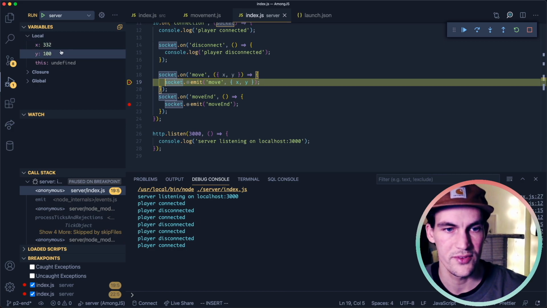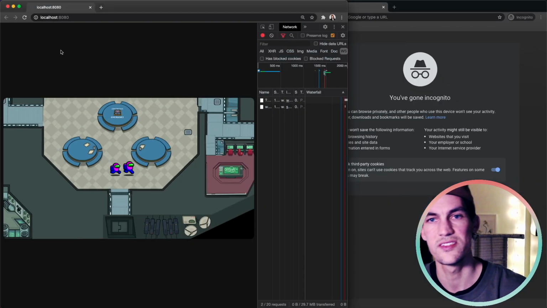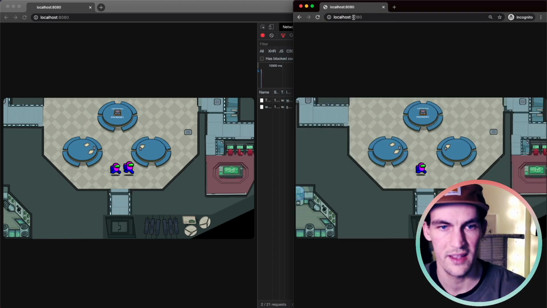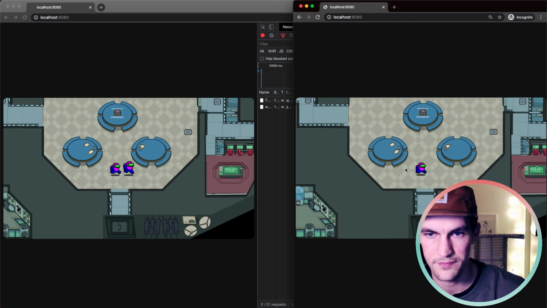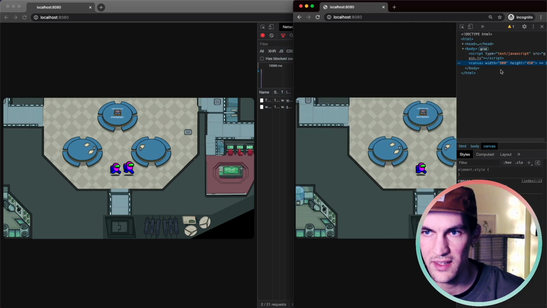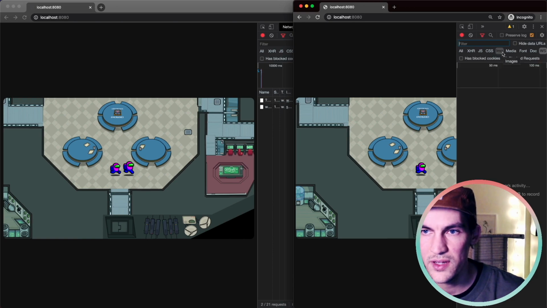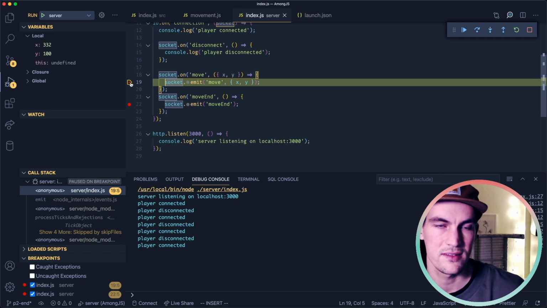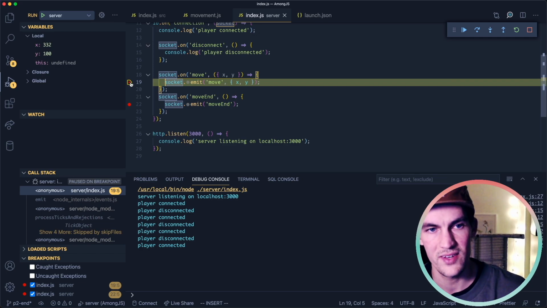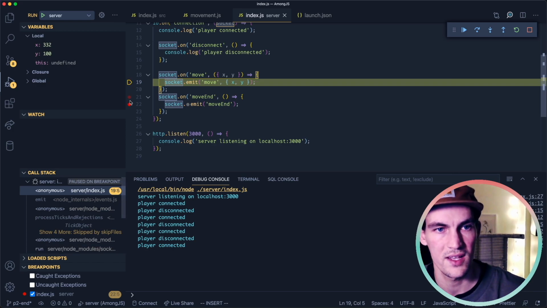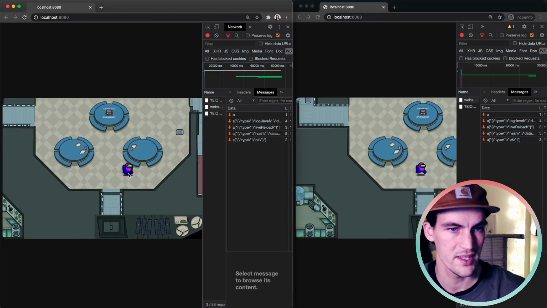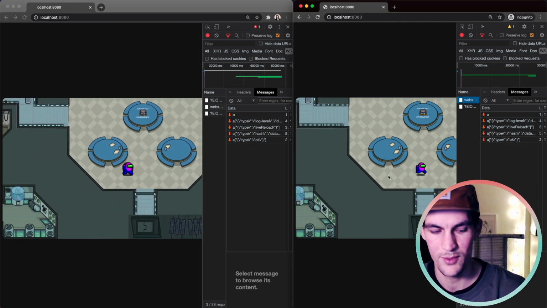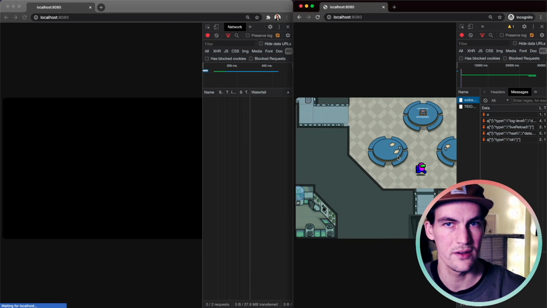So now it's about time that we should connect our second client. So we'll take another one, connect it to localhost 8080. So now we have two clients connected to the same server. So I'll get the network here as well, messages. Let's remove this breakpoint so that the server will emit the event to all connected clients. And same for move end. Okay, something has happened. A sprite has moved. Okay, I could see them both move for a little while. I feel like we are close.